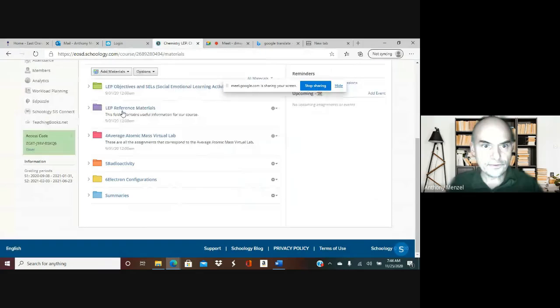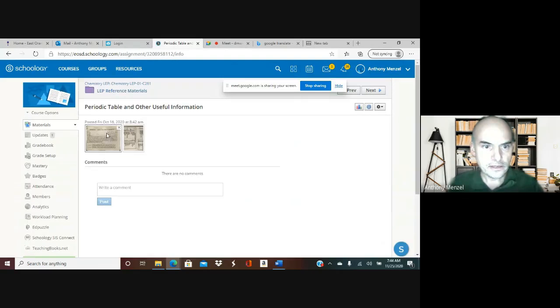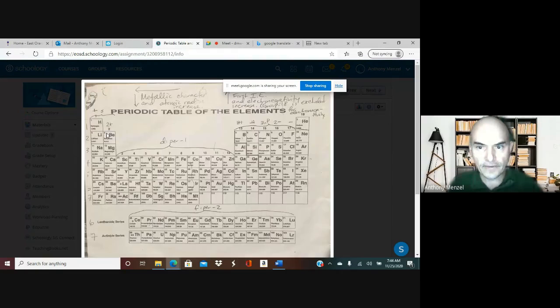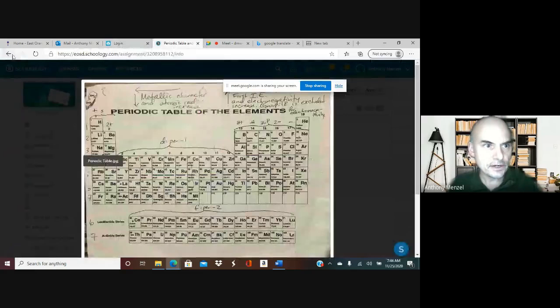If we go to our reference materials, first of all, we need to find out what is the atomic number for phosphorus. So if we look at phosphorus right here, we see that it's atomic number 15, which means that we need 15 electrons in our orbital diagram. So 15 electrons, and we're going to start off